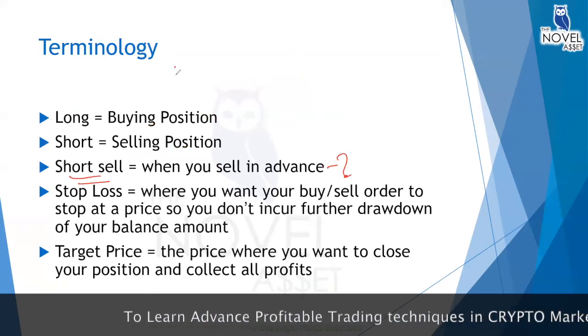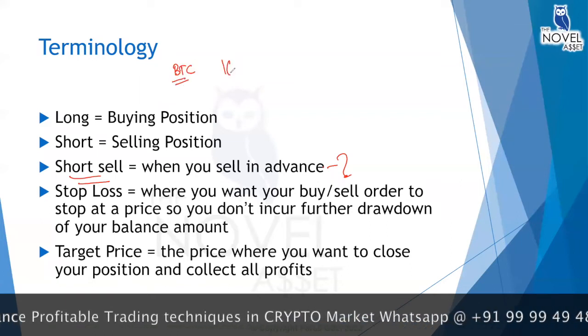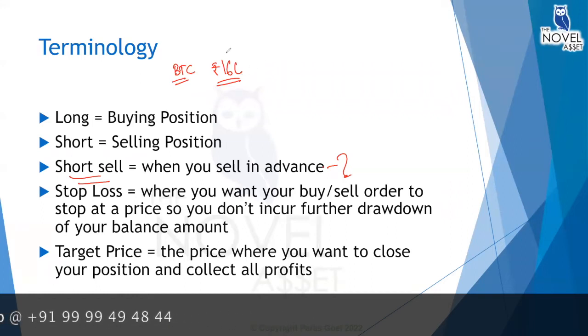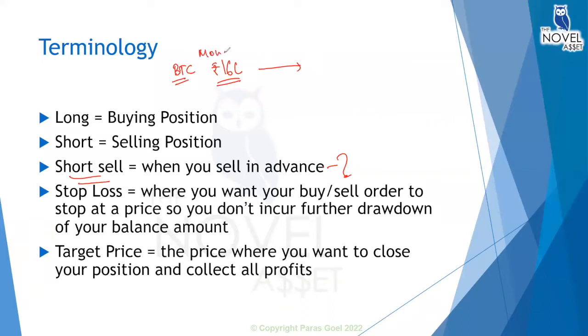Understand what happens. Let's say the BTC price is running around 16 lakh rupees right now. And you have an analysis which says that in the coming days, let's say today is Monday, by this Friday the BTC will fall to 10 lakh rupees, or decrease in price. Can I realize this profit? Because the price is going to go down, I cannot buy, right? So what can I do to make this difference my own profit?